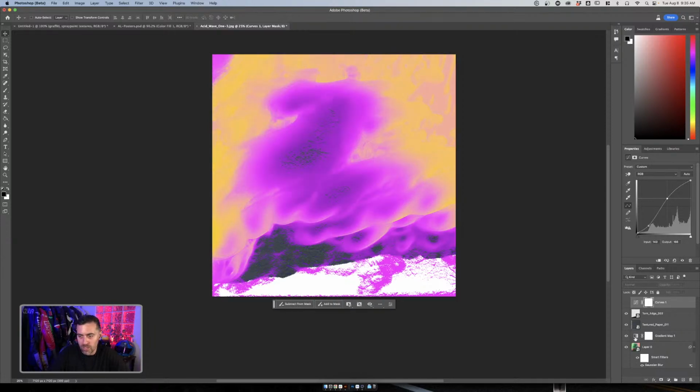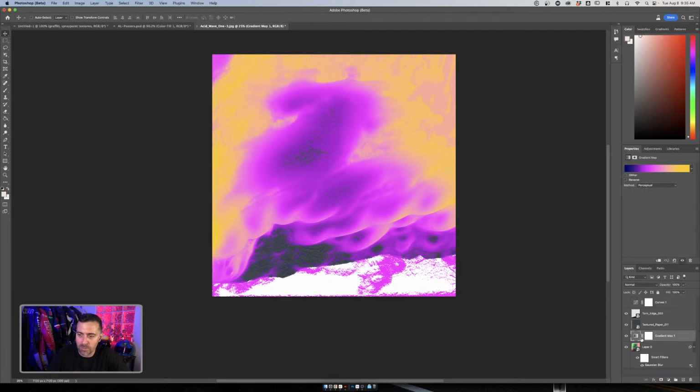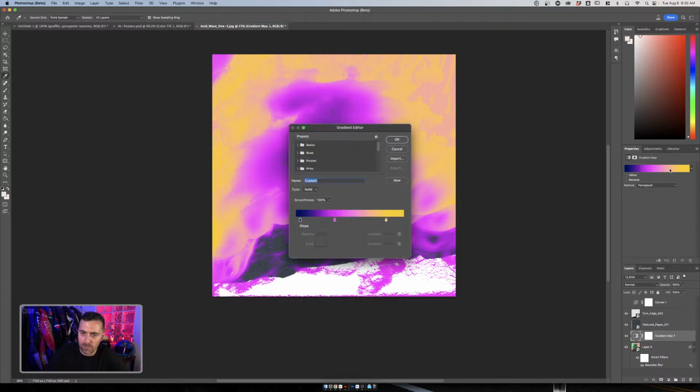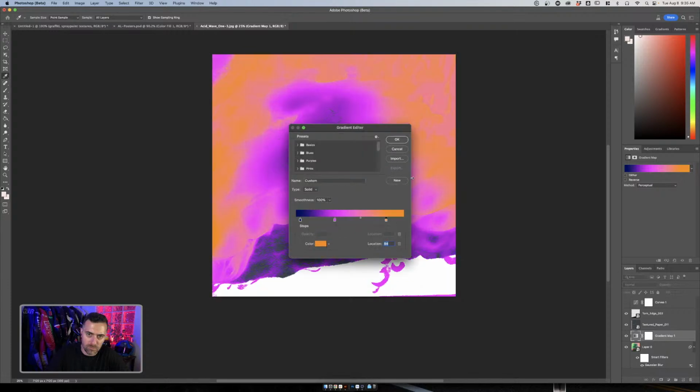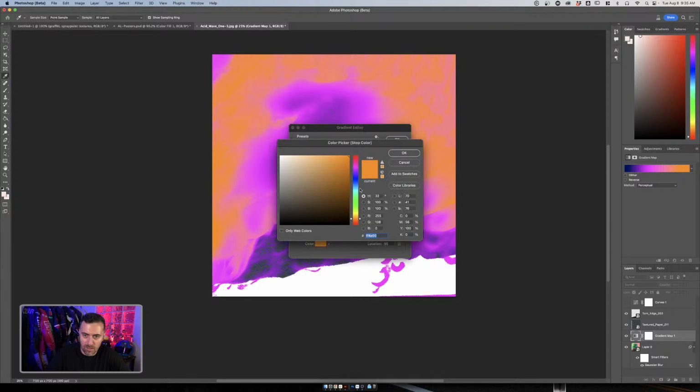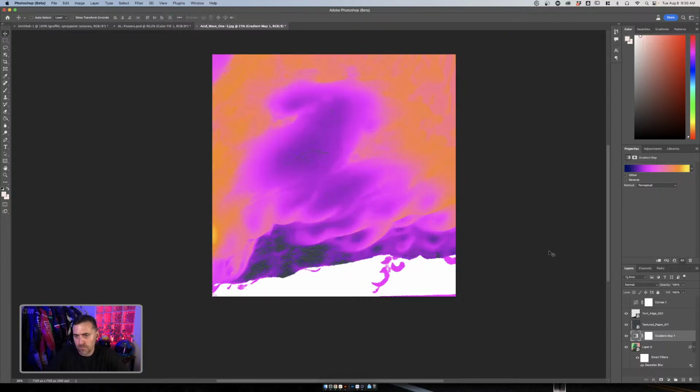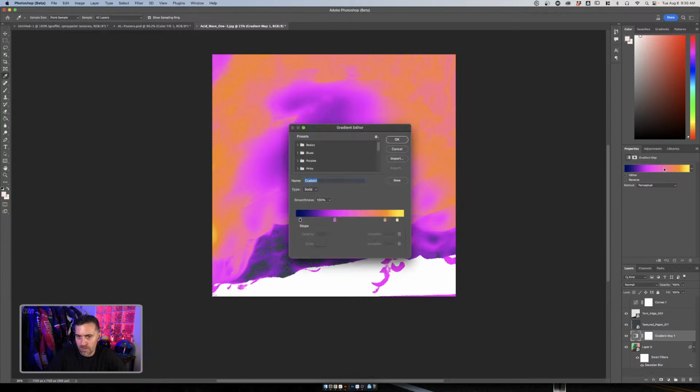All right, so that's interesting. Maybe I need to just adjust the yellow to not be so yellow, make it more orange real quick in my gradient map. Boom. And then I'll add a little touch of yellow back into it just so we have a little bit more of a highlight. There we go.